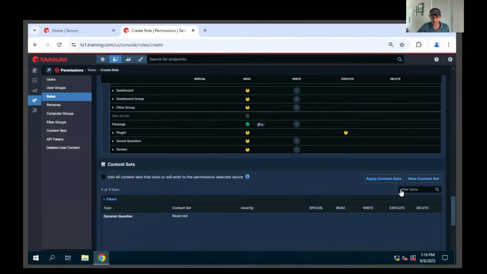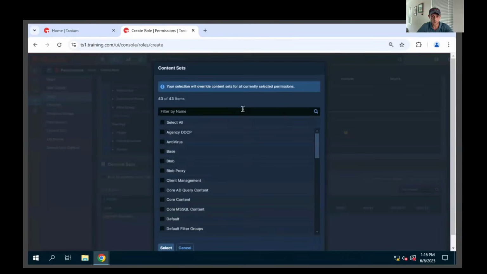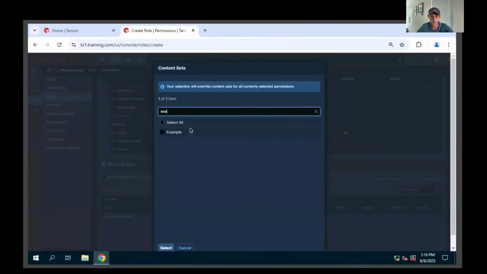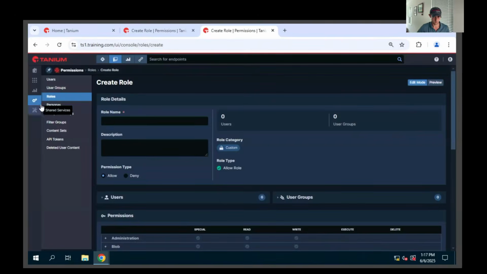And then we can assign that content set, the example one, and then we can move on to the next one. But we're not going to create this role though. Now let's actually look at the role called service desk,